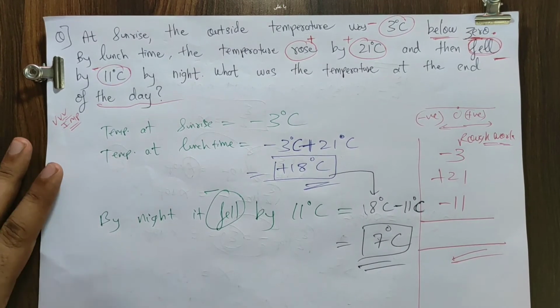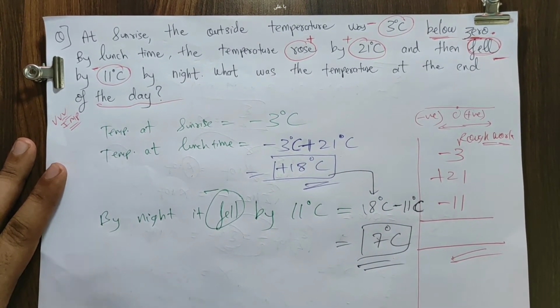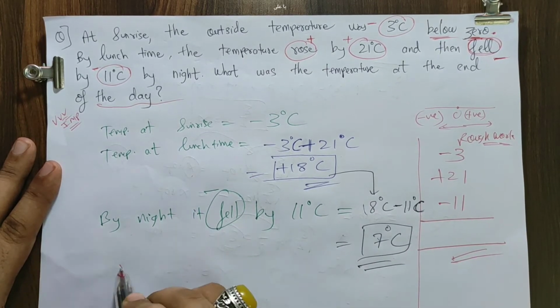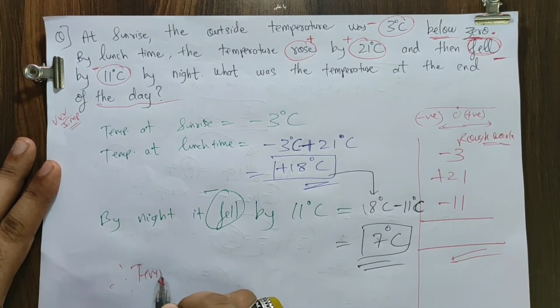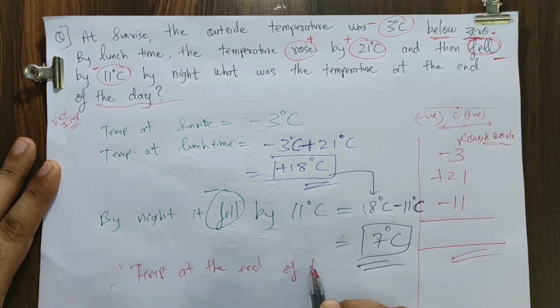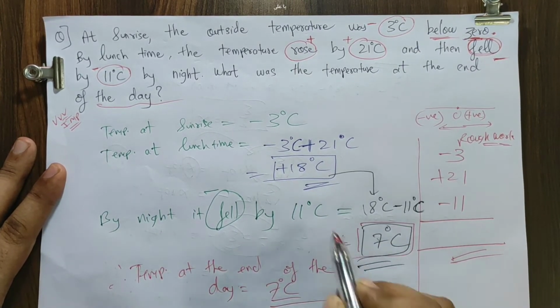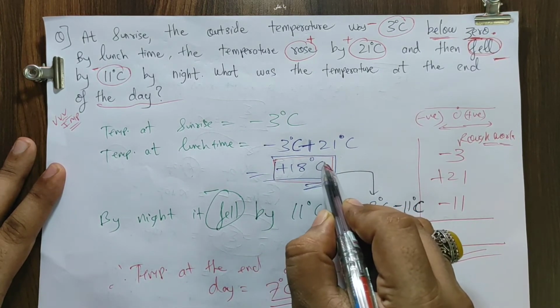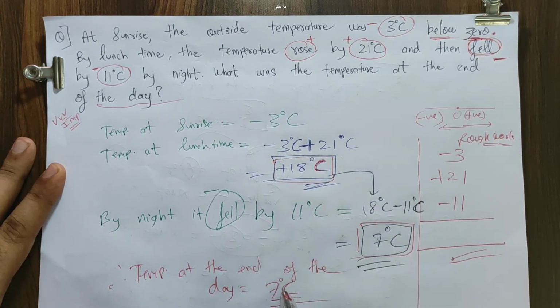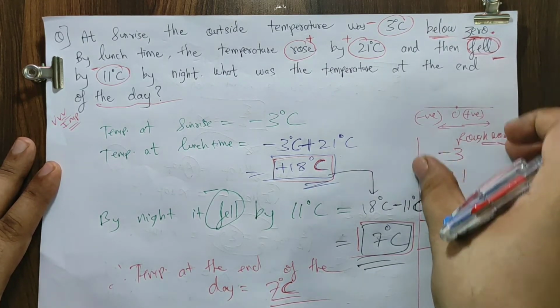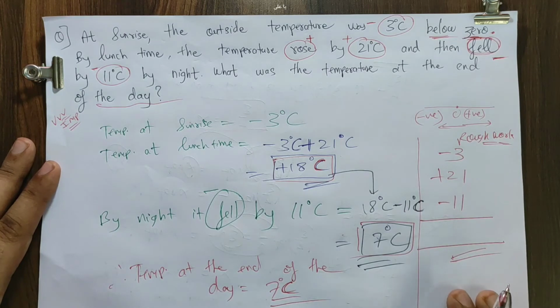It's compulsory always that for word problems you have to write the answer in statement form at the end. Therefore, temperature at the end of the day is equal to 7 degrees Celsius. Okay, at the end, in this box and also in this box, writing degree Celsius is compulsory. If you don't write degree Celsius, the units, your 1 mark will be deducted. This is just for the explanation in the rough work. No need to write this in the examination, all of you.